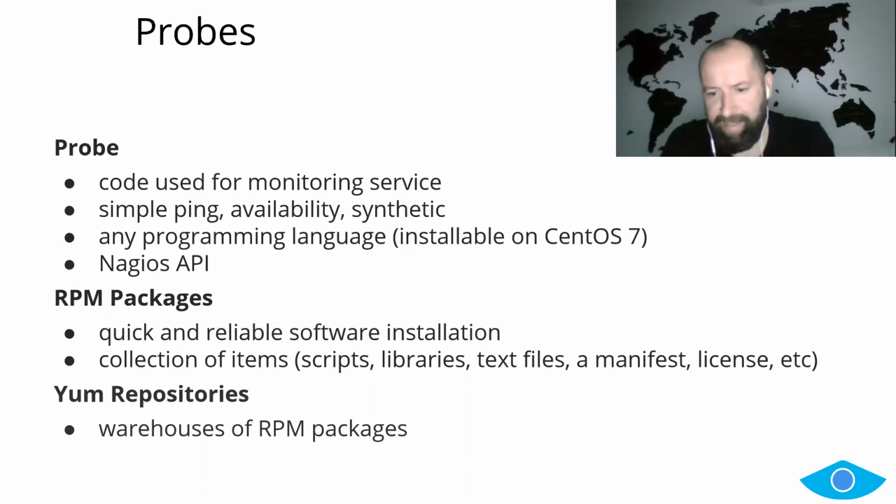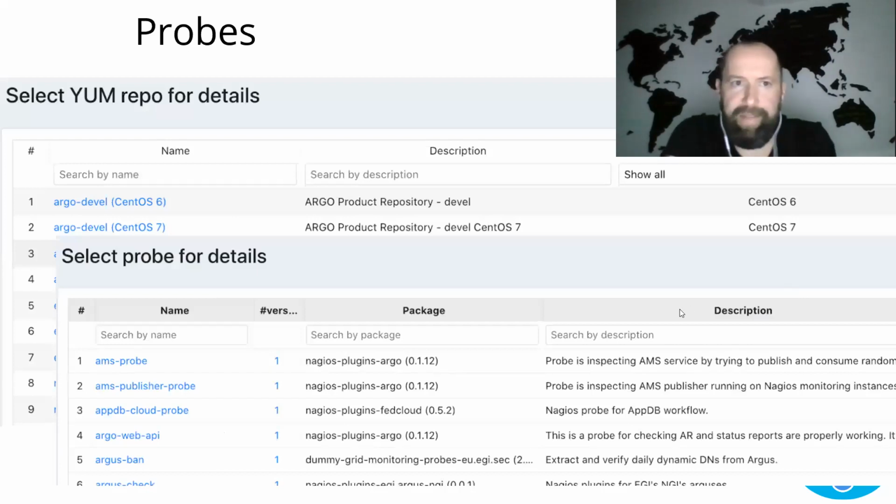Packaged in a way that the automated Ansible/Puppet mechanism just spawns a new box in Okeanos or whatever FedCloud site we're using, and the thing just works without any of us going there, logging in and doing manual steps. So that's why right now the requirement is that every probe has to come in the form of an RPM package, which is available in YUM repositories. So all of these things are basically entered in the POEM interface. I will show you the live demo later on.